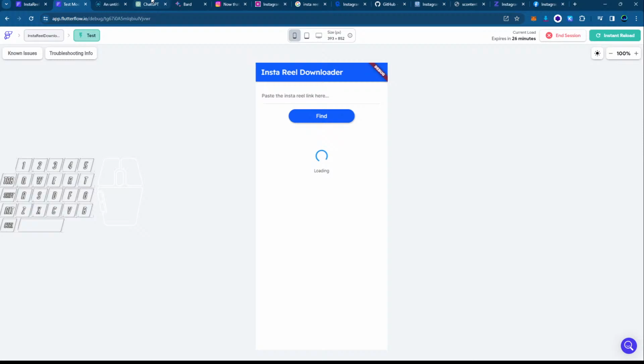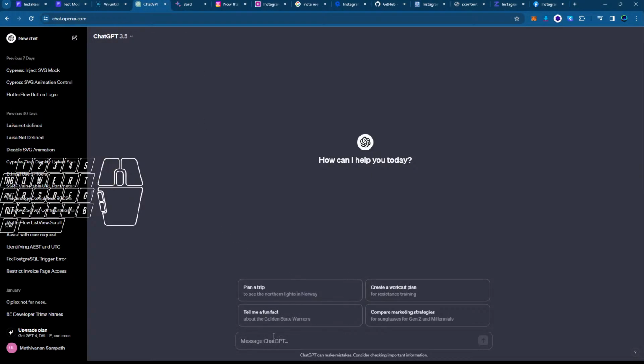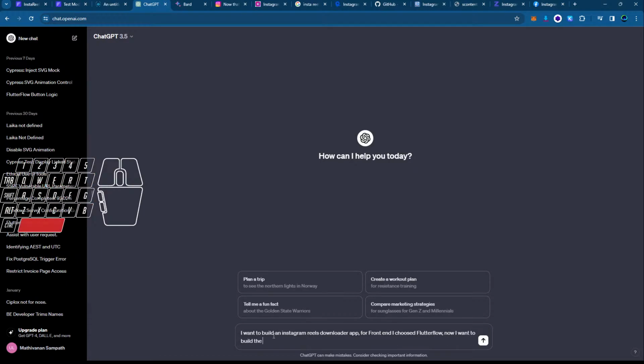Let's ask ChatGPT and the bot, and see how the AI bots will respond. I want to build an Instagram Reels downloader app. For the front end, I choose FlutterFlow. Now I want to build the